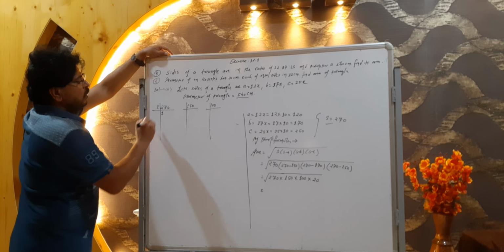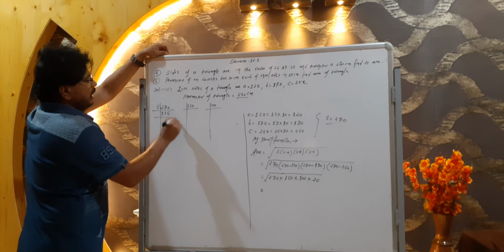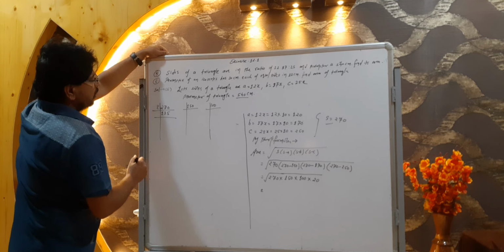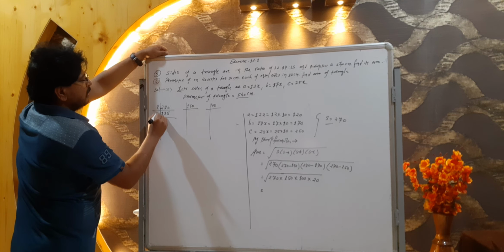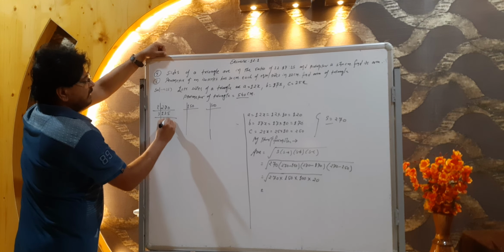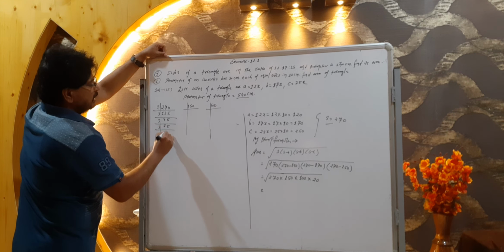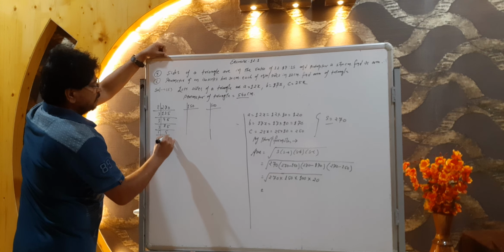2 1s are 2. After it, 2 3s are 6. 2 5s are 10. Again we can divide by 2. No. Now 3. 3 4s are 12. Remaining 1. 3 5s are 15. Now again 3. 3 1s are 3. 3 5s are again 3. 3 5s are 15 and then after 5, 1s are 5.